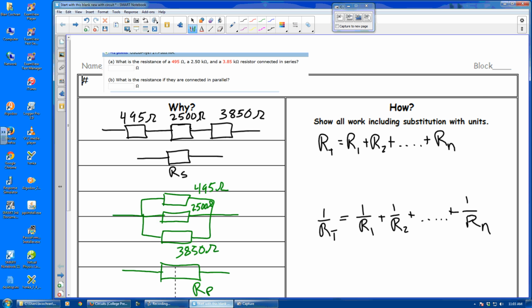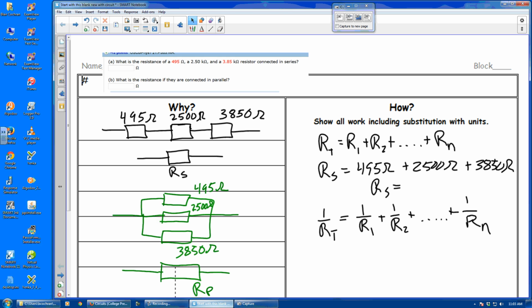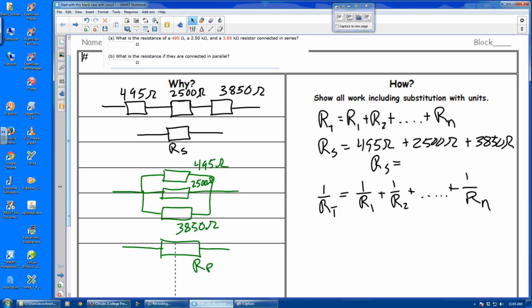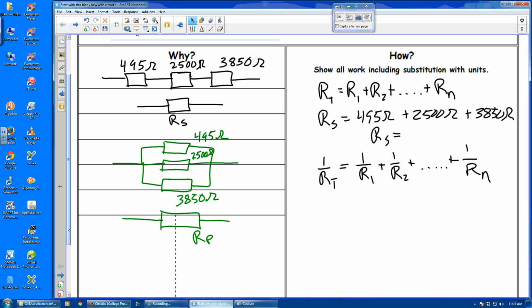And so up top, I just substitute in now, right? Rs will equal 495 ohms plus 2,500 ohms plus 3,850 ohms. And I'd get Rs in terms of ohms. And then down the bottom, again, just substitute in. 1 over Rp equals 1 over 495 ohms plus 1 over 2,500 ohms plus 1 over